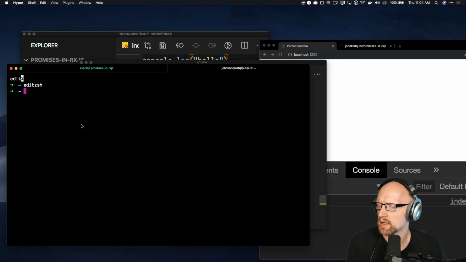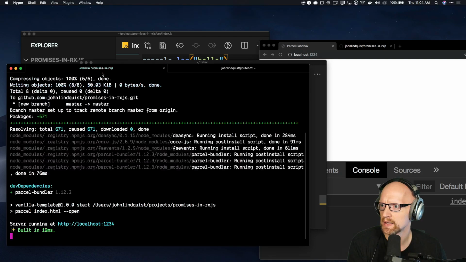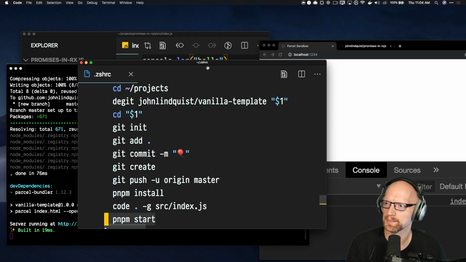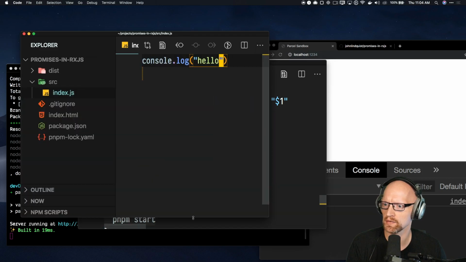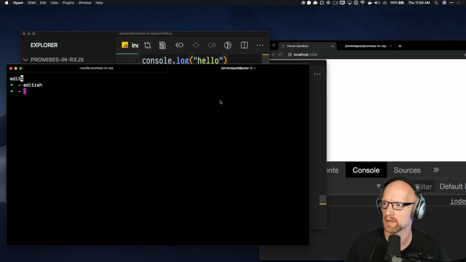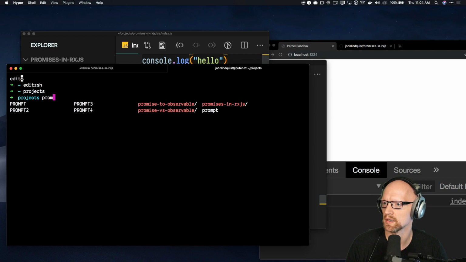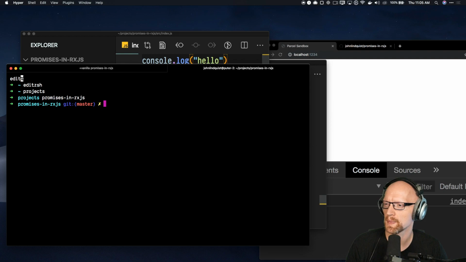So the next thing I want to show, thinking ahead, is I'm going to share this demo with somebody. So I have a little thing I can fire up. I'll open it in that new project. I call it promises something. It's in projects, promises, promises in RxJS. And I have a little command I can run called embed,